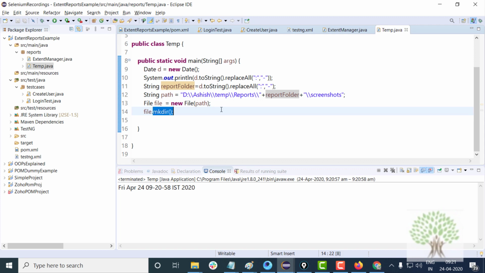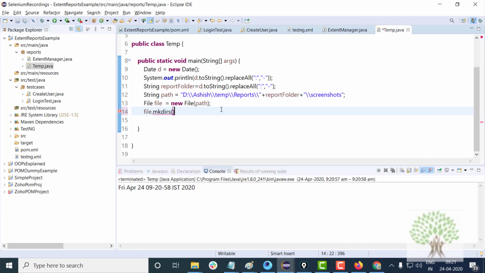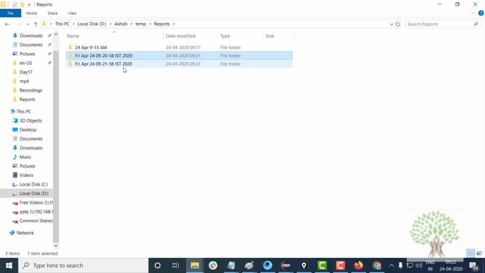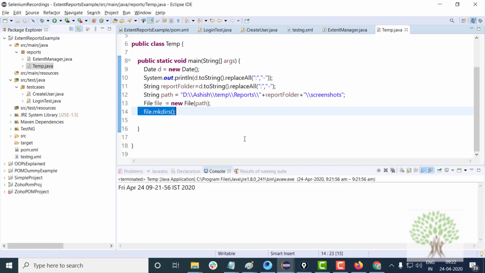In this case we use the command file.mkdirs, make directories. This means we have to make multiple directories. Now if I run the code, you will see that this is the report folder generated. Okay, and under that the screenshots folder is also there. Okay, so we are going to use this logic